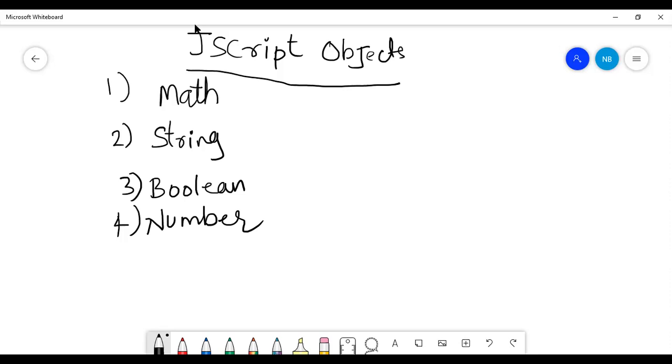So by the name we can come to the conclusion that if we are dealing with the math object, we will be processing all the mathematical related functions or methods inside it. Whatever methods are available as part of the math object, we will be processing on the HTML elements. Okay, so this is not easy programming when we come across objects.